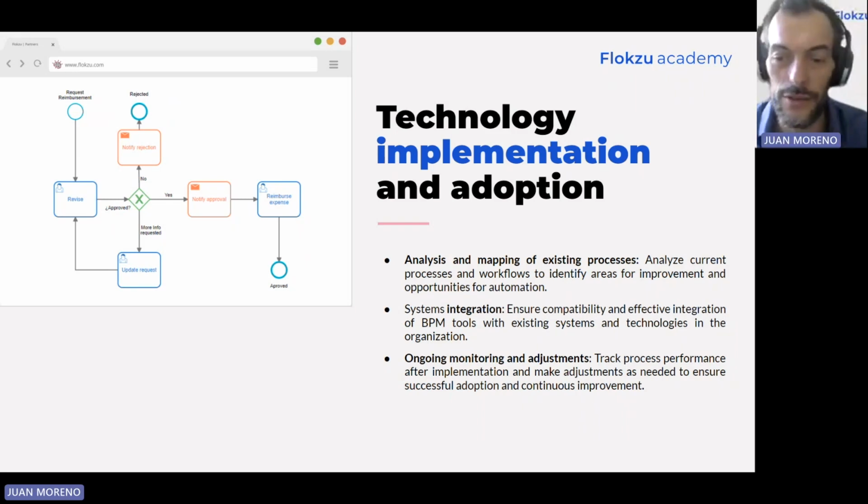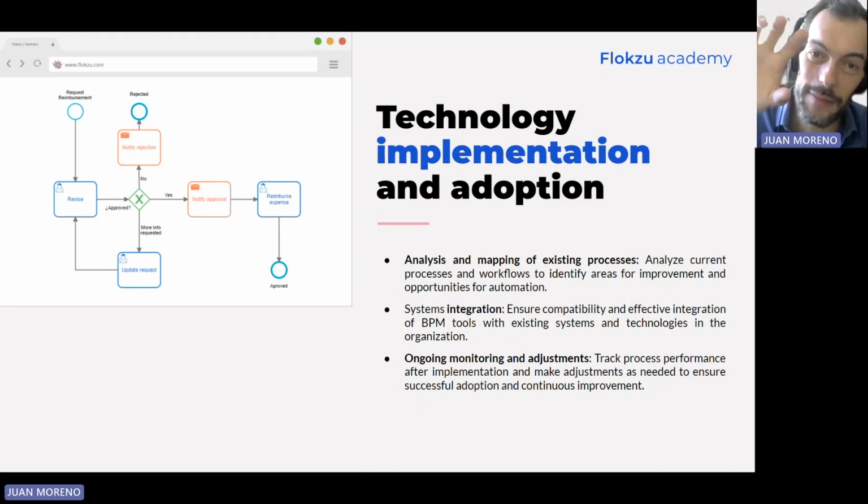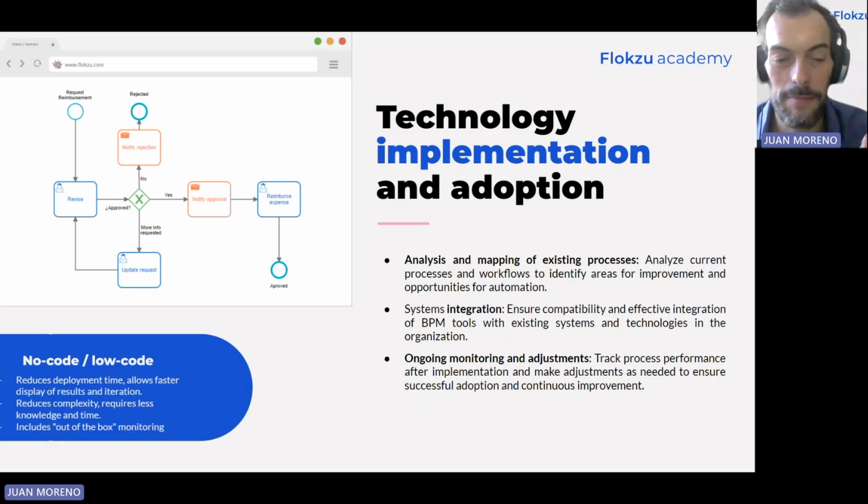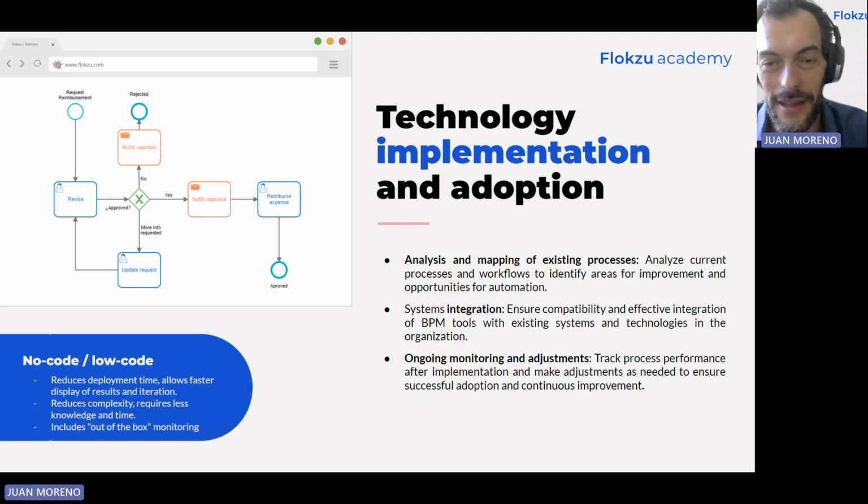And finally, of course, you need to monitor, you need to measure the state and the performance before the project. Then you have the performance at the end of the implementation, and then you have the performance later when you have the process working and in regime. And in this step, low code and no code technologies gain a really big importance, and they are under the spotlight. Why? Because low code and no code